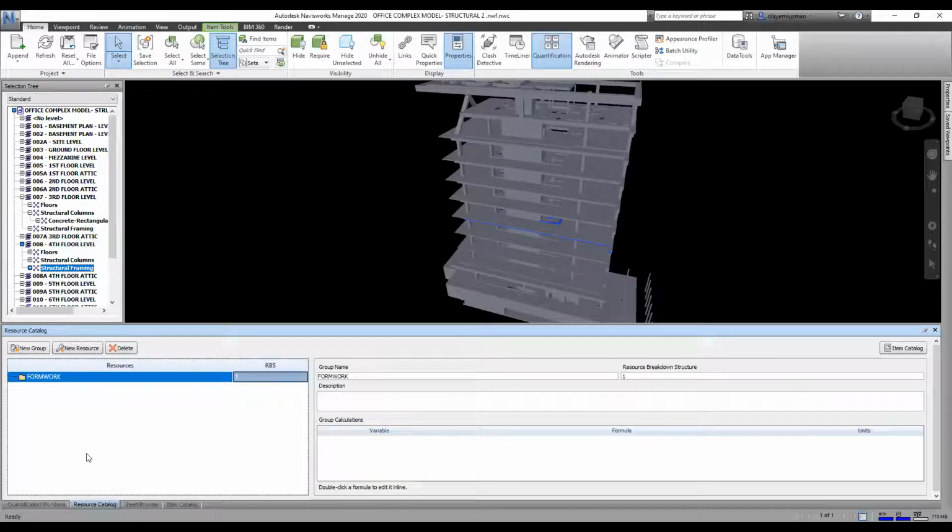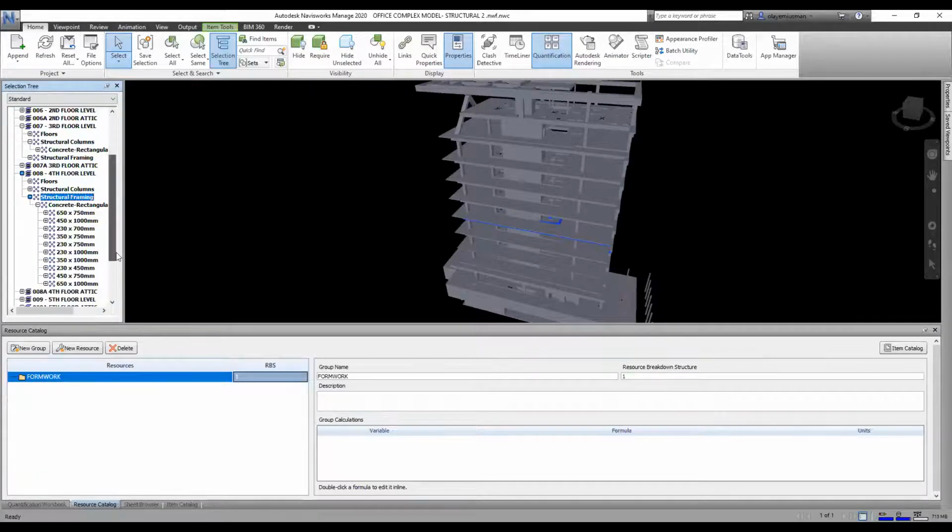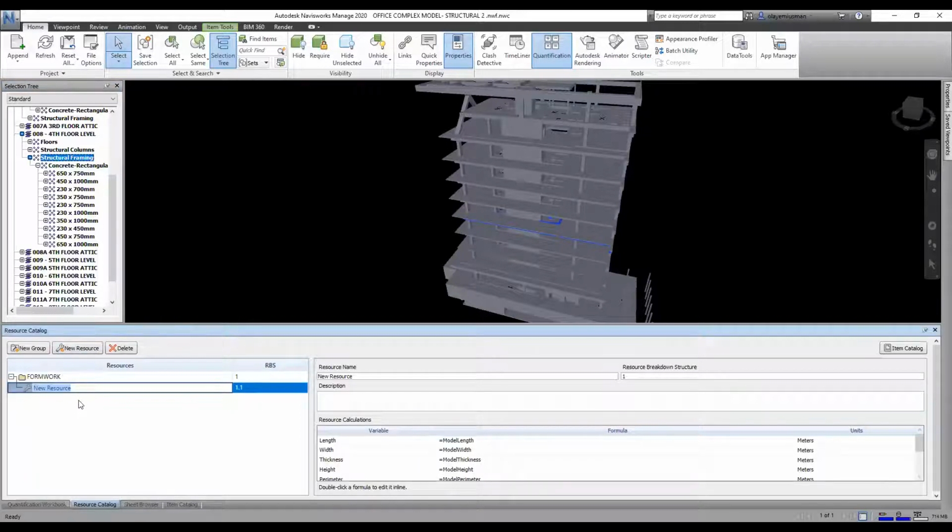After doing that, let me click on expand this. Understand that these are the particular concrete elements in that floor. So what you just need to do is come to new resource. Whatever resources you are clicking, it is similar to